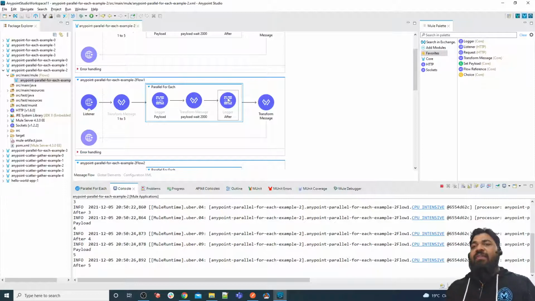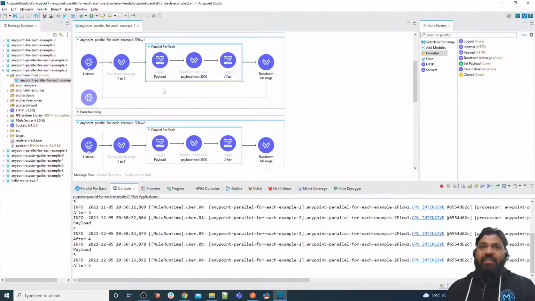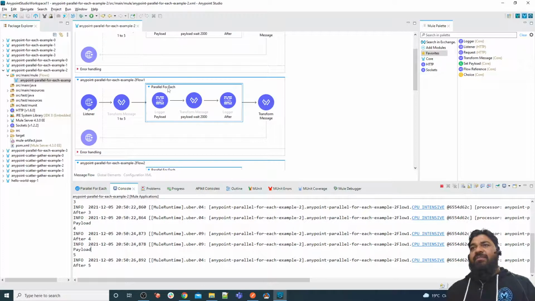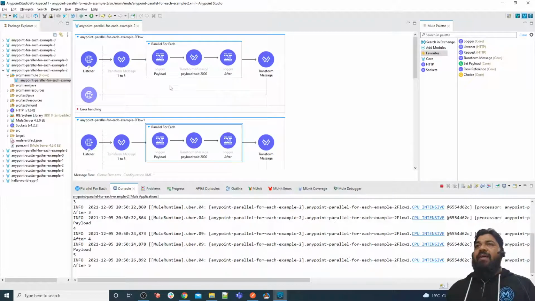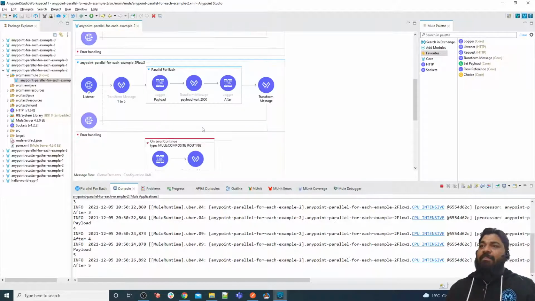If you have such a requirement, you can go for for each, because for each processes your records sequentially. But if you want to achieve parallelism, then you go for parallel for each. I just wanted to show you how max concurrency works in parallel for each. That's why I created this example.